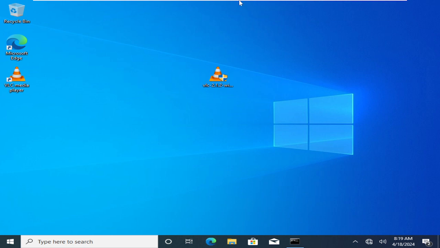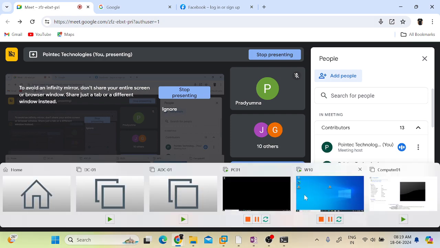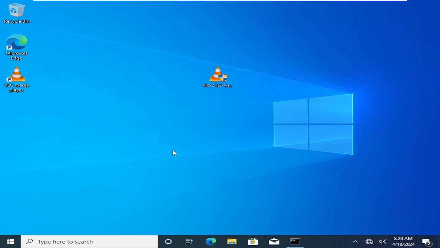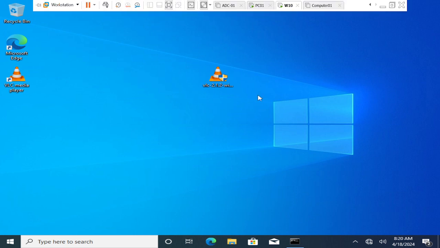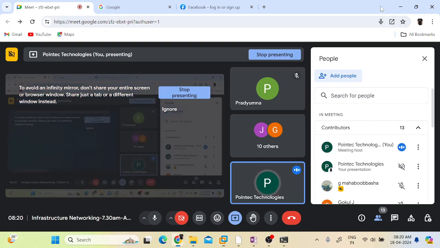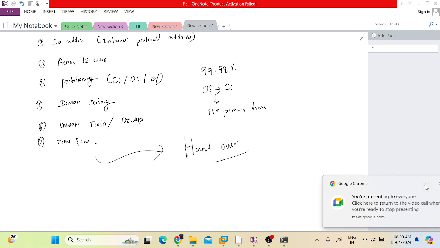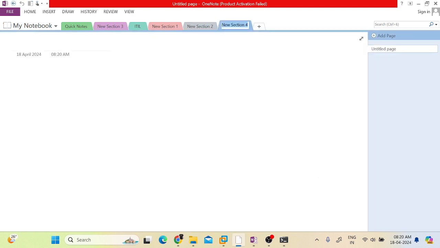The next one is domain joining. Domain joining will be very important. I will only show you how to do the domain joining, but I will not explain it today, because the difference between workgroup and domain is a different class by itself. But just to give you an understanding, I will take 2 minutes to give some background and then start. When I say domain joining, if I'm not joining the computer to the domain,